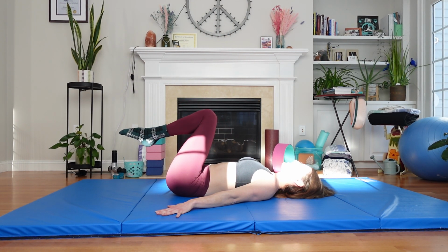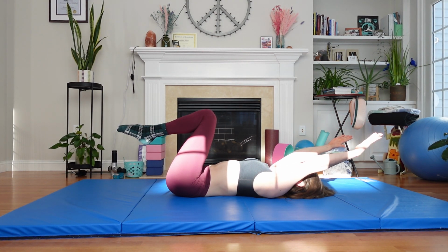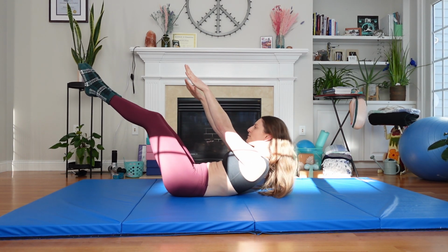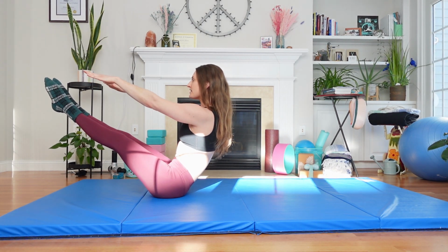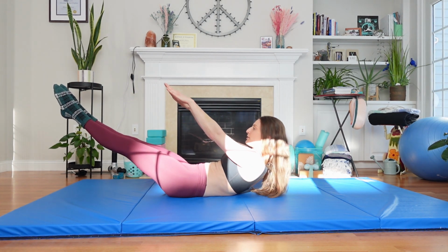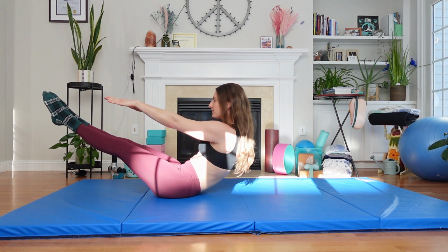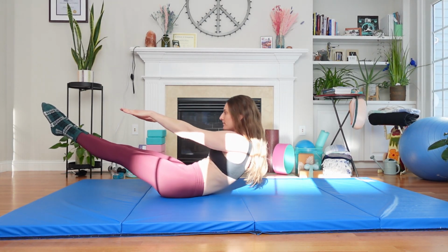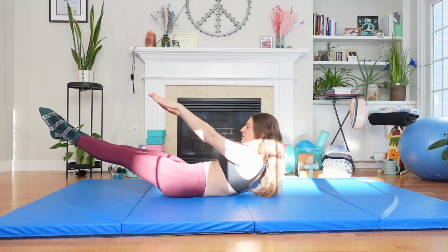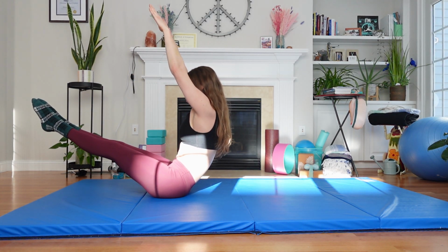Awesome. Bend the knees in for teaser. Arms reach back. Similar to the roll up, the legs are now going up on an angle. Inhaling up, reaching out the legs, heels and inner thighs staying together. Keep the legs where they are. Rolling back to the tips of the shoulder blades, coming back up. 3 times. 2. 1, holding in your teaser, reaching the arms up, lowering the legs for 3,